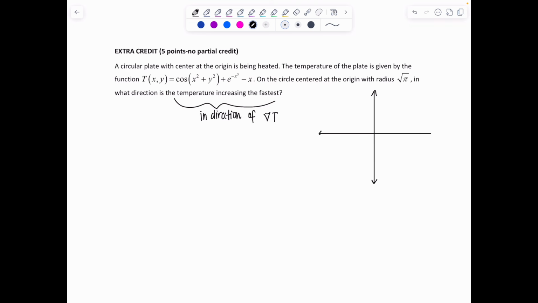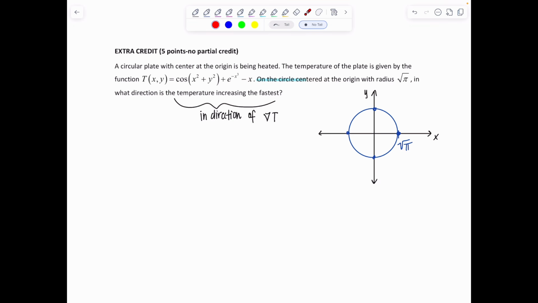What are the directions saying? They said actually on the circle. So the origin is not actually on the circle. Any point on the circle, I want to know in what direction is the temperature increasing the fastest. If I look at any point on this circle with radius root pi. Or radius, yes, root pi. Okay, so there's your root pi. There's your circle centered at the origin. And I want to know for any point that's on this circle, in which direction is the temperature increasing the